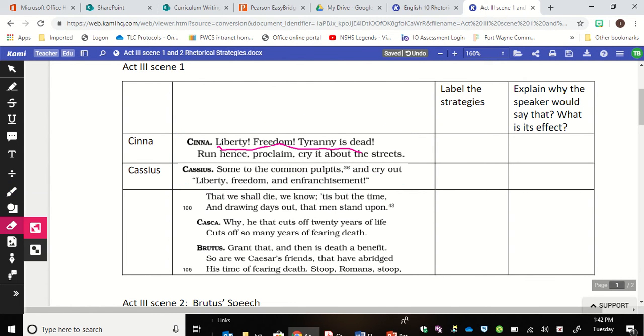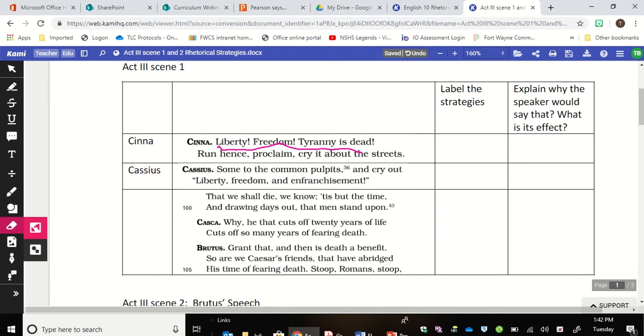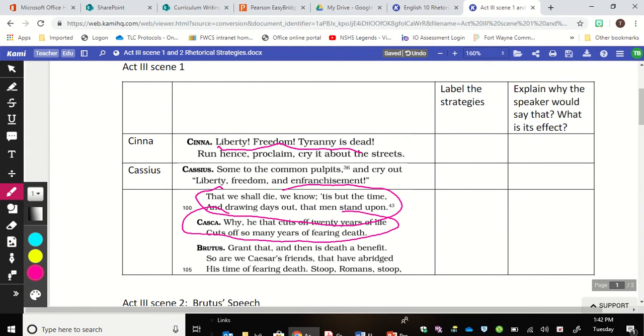Another good logical fallacy that made its way in here was this one that is called circular logic. And in this scene right here, one of the conspirators says, "Yeah, someday we're gonna die. We know, and it's just time." And then Cass goes, "Yeah, but hold the phone here. If you kill somebody 20 years early, that allows them to not worry about death for the next 20 years, right? They don't have to fear death anymore." And then Brutus responds with, "Yeah, yeah. So when we killed Caesar, it was a benefit. That's why we're Caesar's friends. He no longer has to worry about dying because we took care of that."